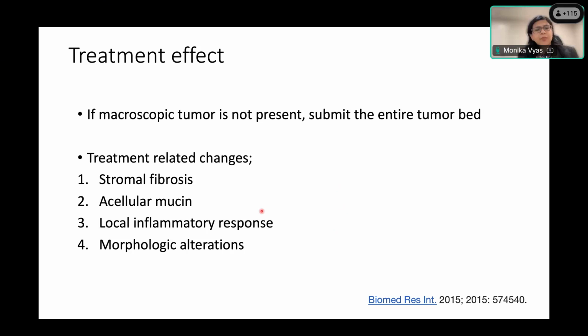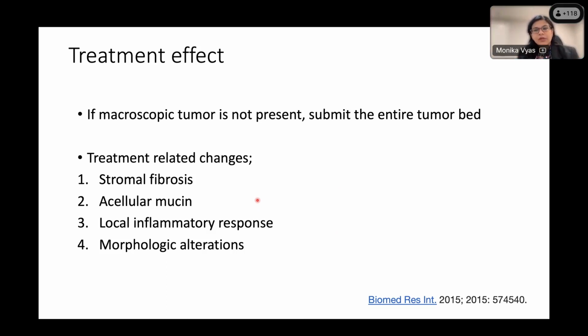And it's important to identify these treatment-related changes because it helps you identify the tumor bed, right? So when you don't see a microscopic tumor, it's difficult to know whether we have sampled the tumor bed or not. So especially for small tumors, that might be a consideration. So seeing these changes will help you understand that we did sample the right area, but we don't have residual tumor. And then obviously, these changes are also good to identify when you're doing a tumor regression score.